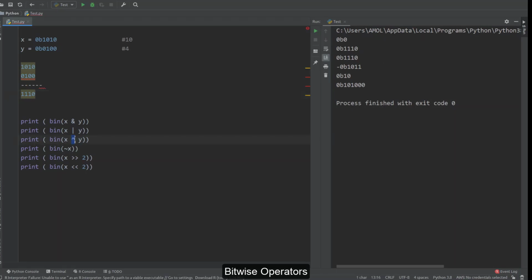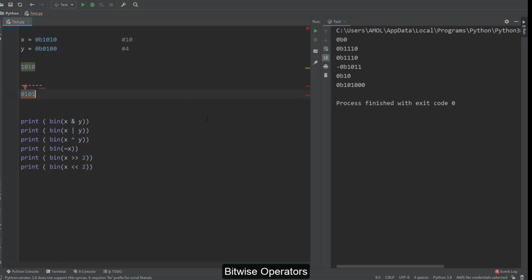In case of the XOR operator, we have said 1 1 is 0 and 0 0 is 0. In all other cases it returns 1. So you can see here 1 0 1. It will go on the same line as OR in this particular case. In case of the NOT operator, the negation operator, for 1 0 1 0 your end result will be 0 1 0 1.